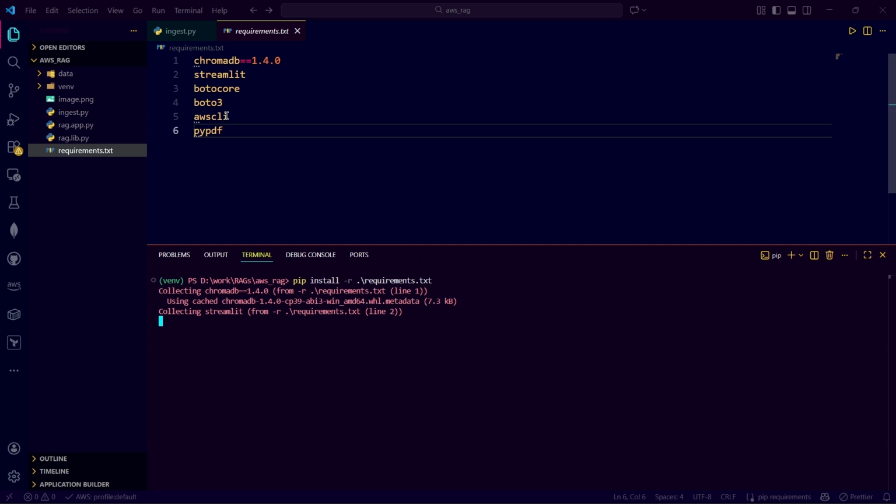So these are all the required things for us: ChromaDB, Streamlit for UI, and Boto Core and Boto3, these are the AWS SDK and AWS CLI, and PyPDF to read the PDF data, because our data is present